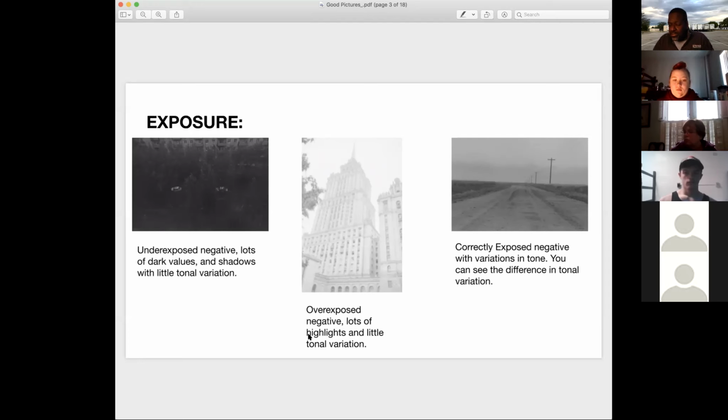Then there's the overexposed, too much light. That's something that's going to happen if you go out taking pictures of snow, because the white and the reflection of the snow is going to create more light, and it causes